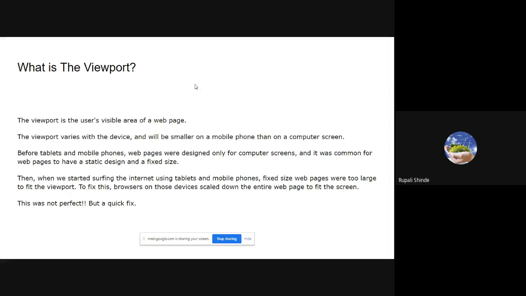Every device has a specific fixed screen width, like 760 pixels, sorry, 1200 pixels. Accordingly, we can develop web applications, and they will execute on that particular device.